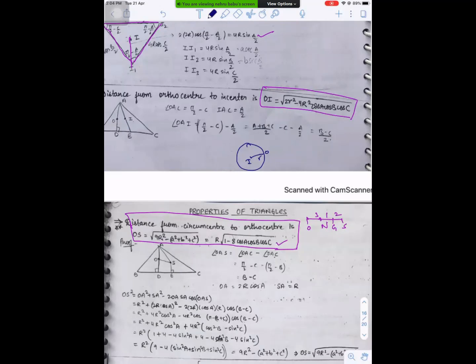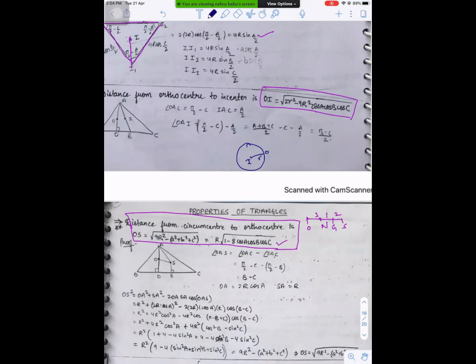I think that problem is related to this. In the incenter of a triangle, the incircle of the triangle is passing through the orthocenter. One more question in this model is... Yes, sir, this we discussed. This we can directly use a formula now. Formula only, yeah, that's right. This type of question is also there in that. That's what I'm saying, these formulas are useful to solve these questions only.